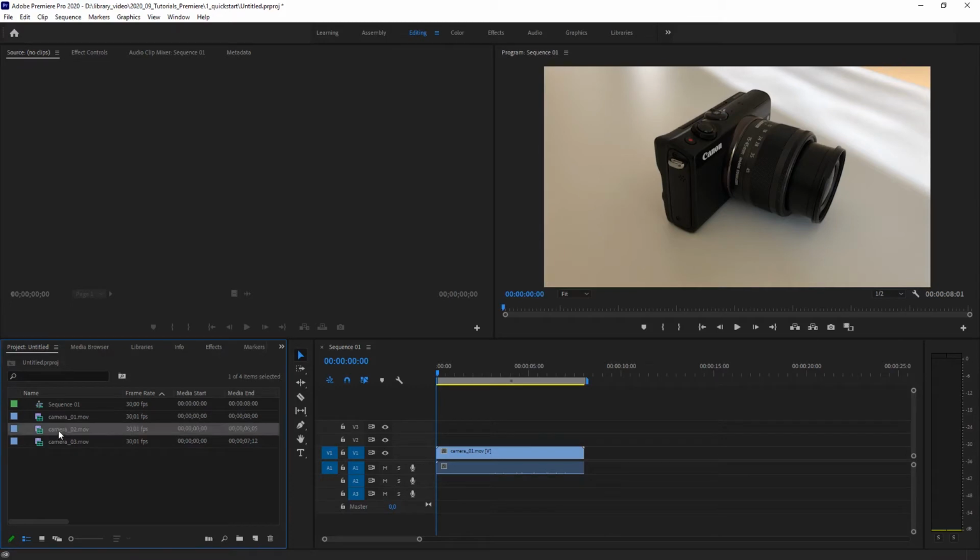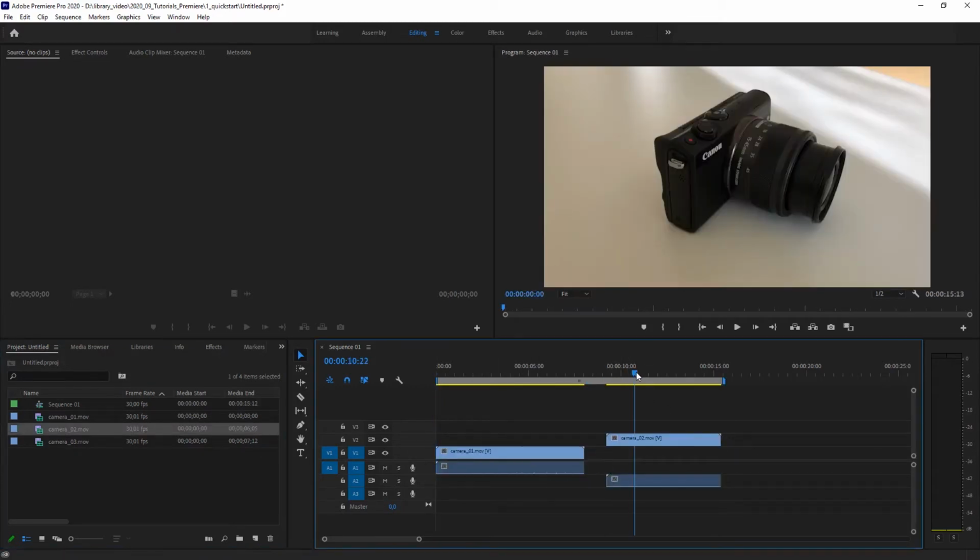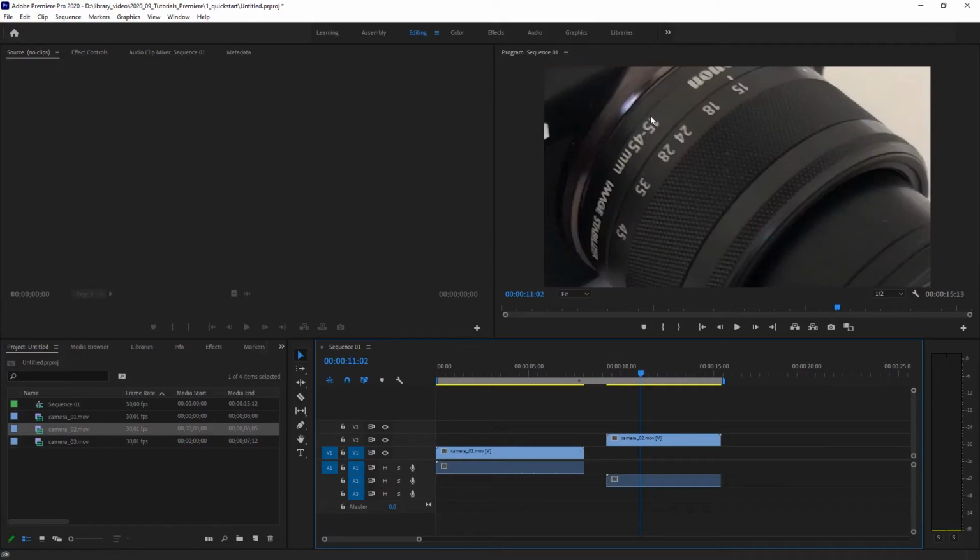Pull in the second video somewhere later on and move your time slider over here, and you can see also this video is too large. I'm going to show you a different way to scale it down. Basically, the video is twice the size, so I need to scale it down to 50%. You can also scale it by selecting your clip, and now